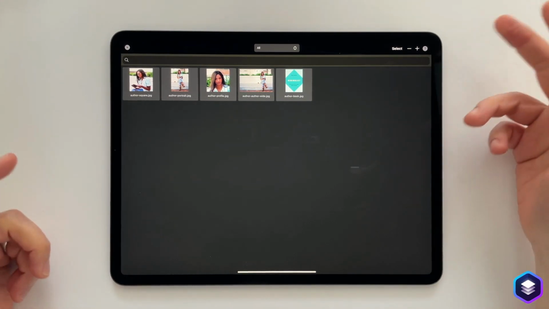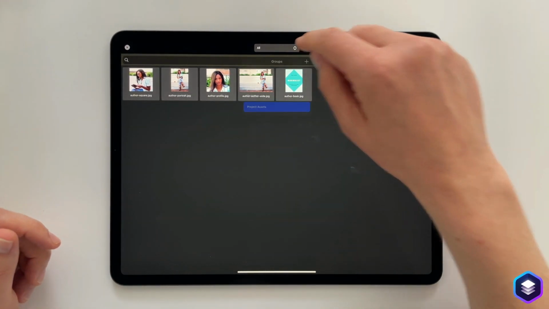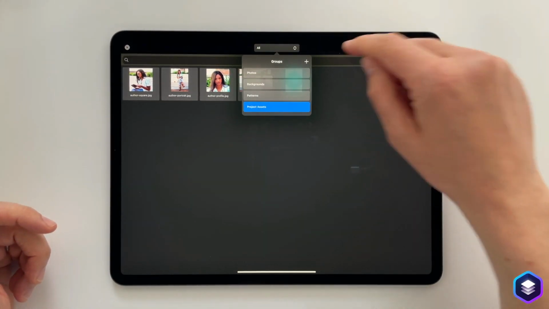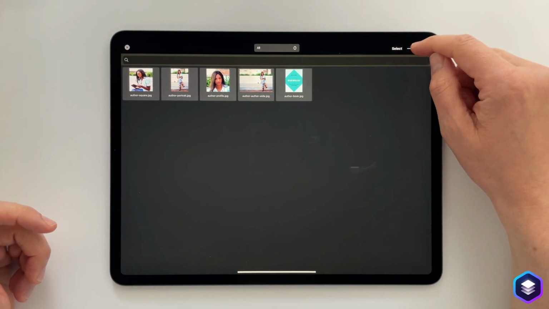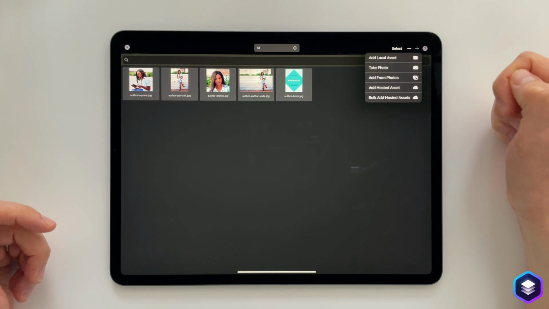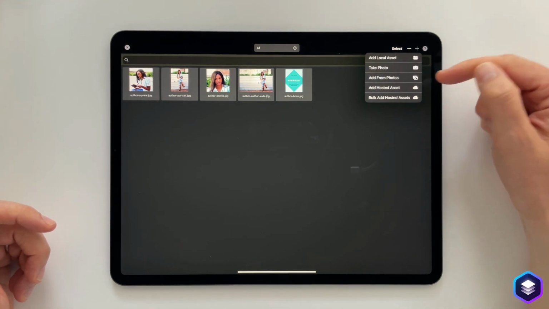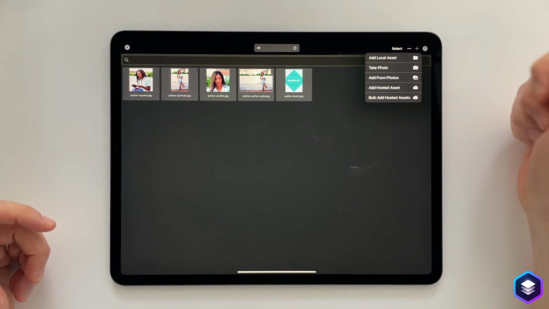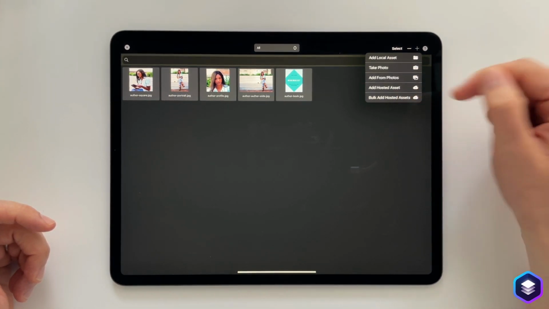Again, it's full screen. We have all of our groups. We have the ability to add assets from our local disk. We can take photos with the iPad's camera. We can add from the Photos library. We can add hosted assets, and we can add hosted assets in bulk.